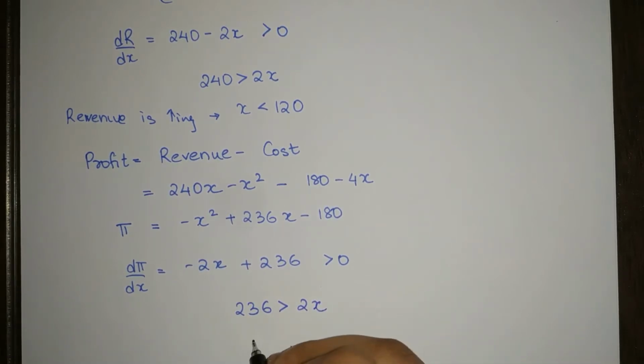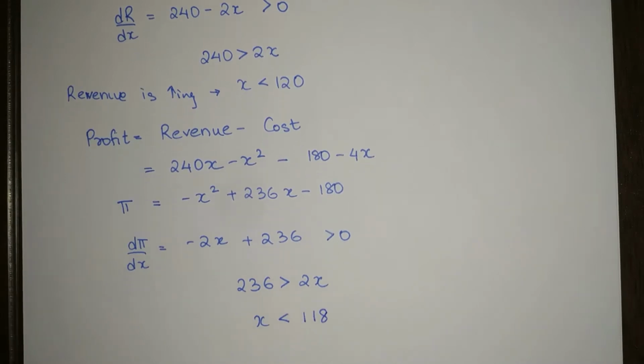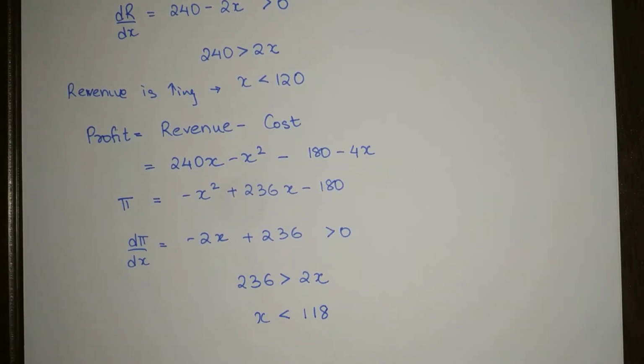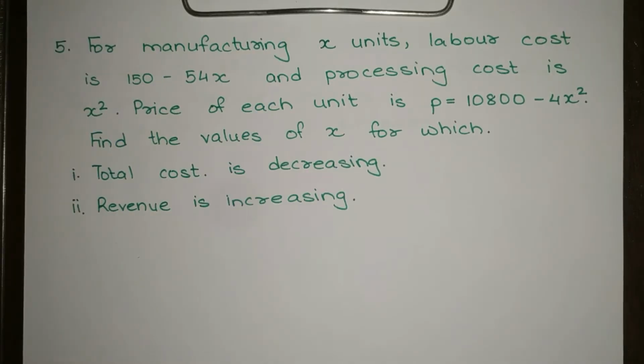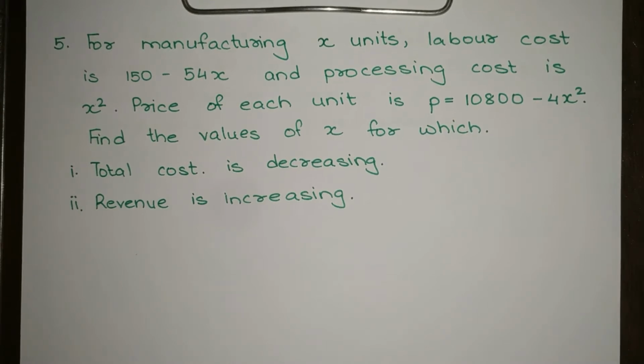On dividing by 2, we get that this is equal to 118. So when x is lesser than 118, that is when profit is increasing, and when x is lesser than 120, that is when revenue is increasing. Okay. Fifth question में we have, for manufacturing x units, labor cost is 150 minus 54x, the processing cost is